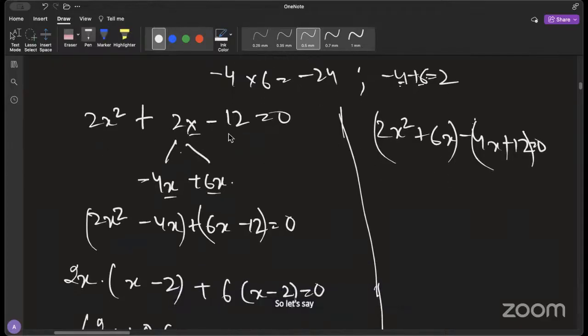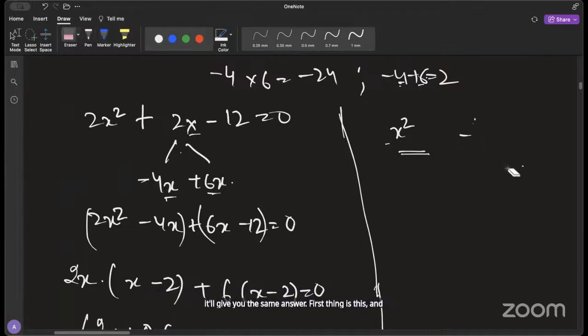So all I'm trying to say here is you can take this minus 4x first and club this with 2x square. That works too. Or you can take 6x first and club this, and then take everything common from here and everything common from here. It'll give you the same answer. First thing is this, and then the second thing is, let's say you have,